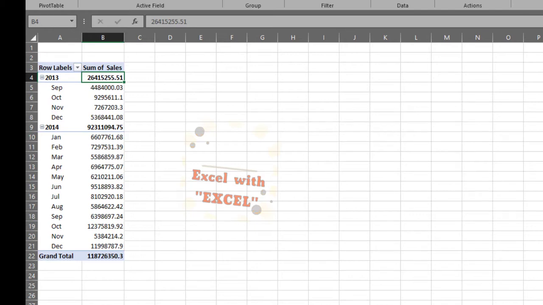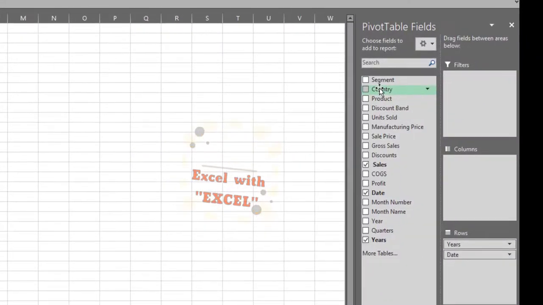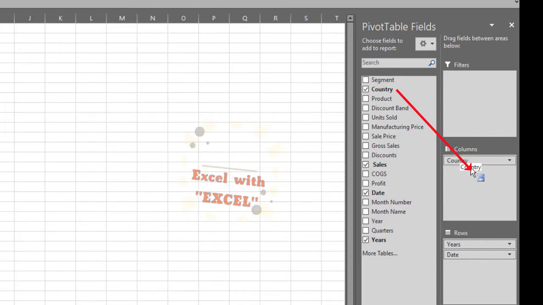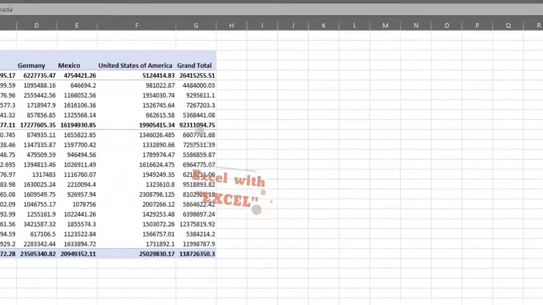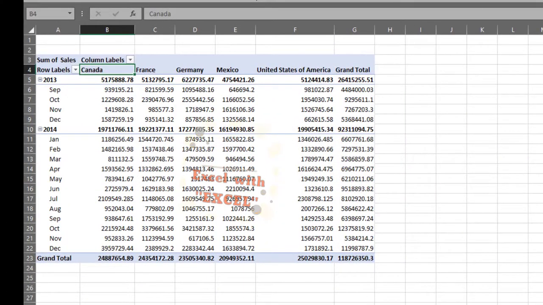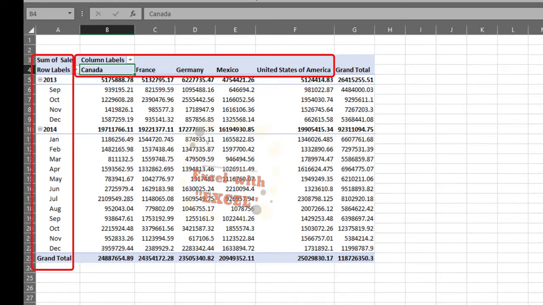What if I also want the figures to be bifurcated country-wise? So I just drag and drop country to columns. So now I have total sales bifurcated year-wise as well as month-wise, and then you have columnar bifurcation of the sales in a country-wise manner.